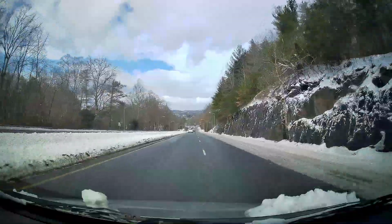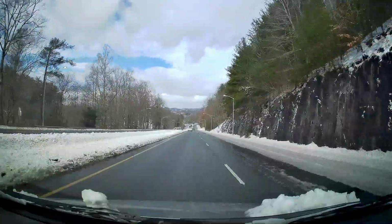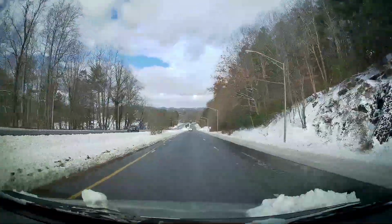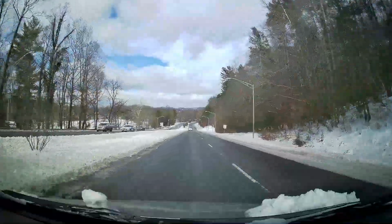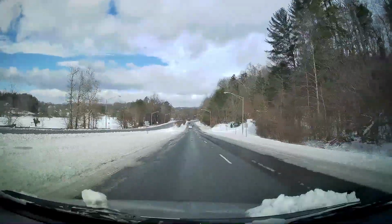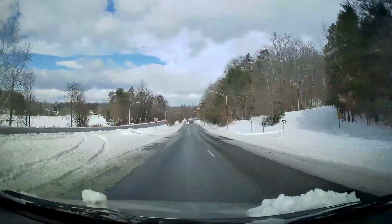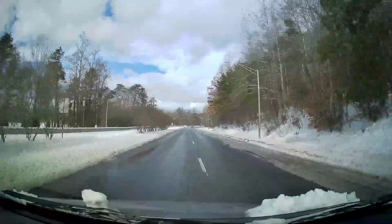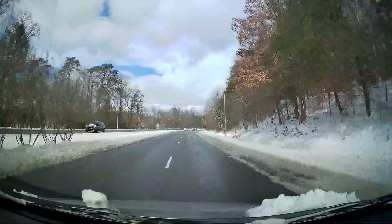I don't know if it's actively snowing up there right now or not, because I was able to see most of Grandfather Mountain just a minute ago. And normally if there's snow falling, you can't see it. So I'm guessing we're going to be okay, but the road has been bad in some areas. So we're just going to see what it looks like. Not going to take any unnecessary risks, but...